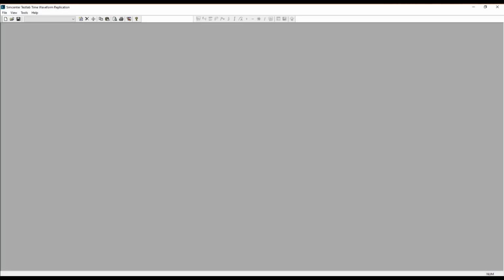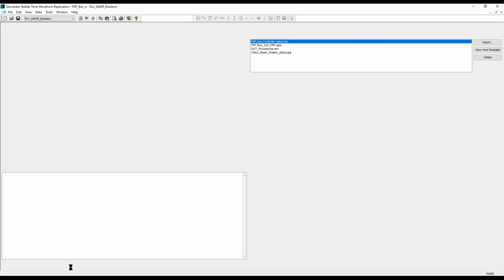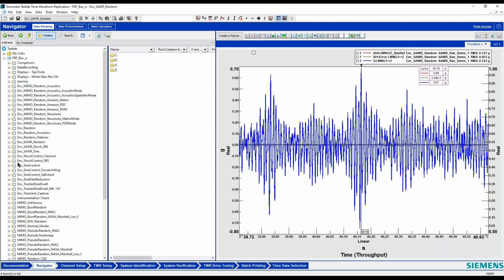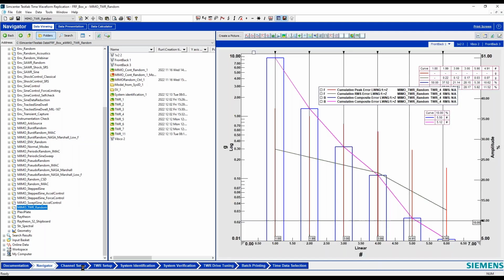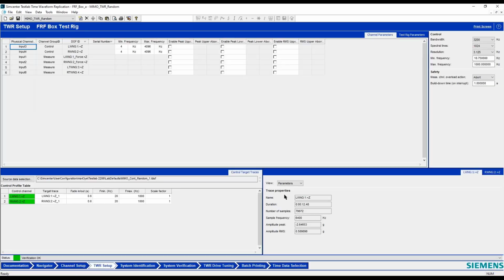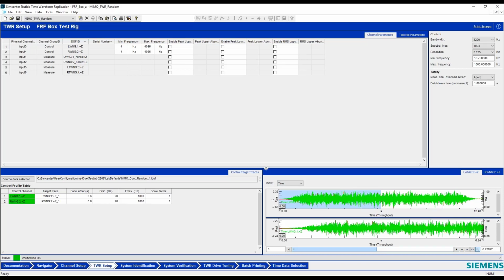And I'm going to move to a demonstration now. And I've got a couple of application examples to show also. So let me use this section. And here I've got my two controls. I go to my setup here and I can look at these in the time domain. So these are my two target signals.